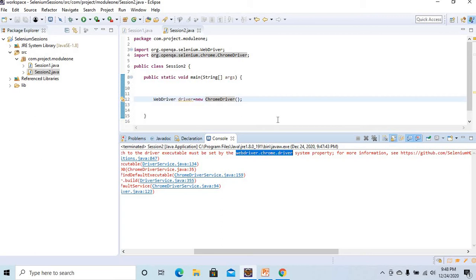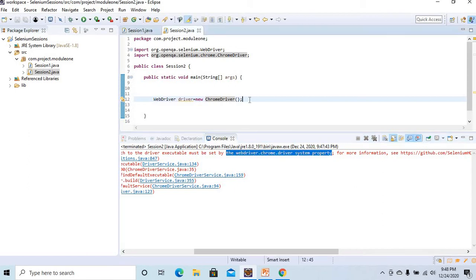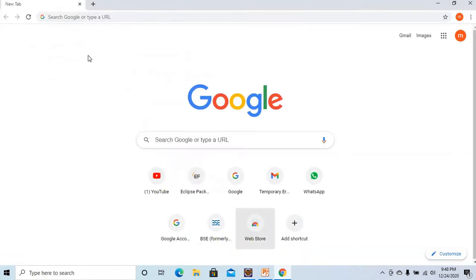To work properly on any browser installed in our machine, we need the respective driver.exe file, and we need to place that file using System.setProperty. This is mandatory. Clear?